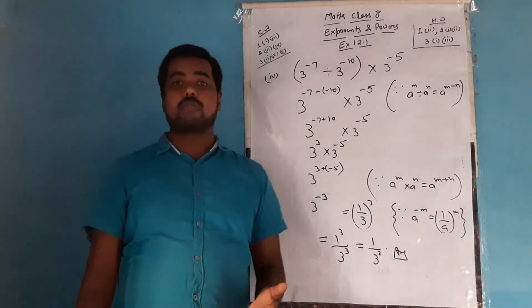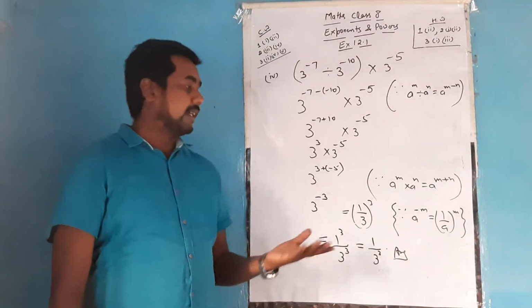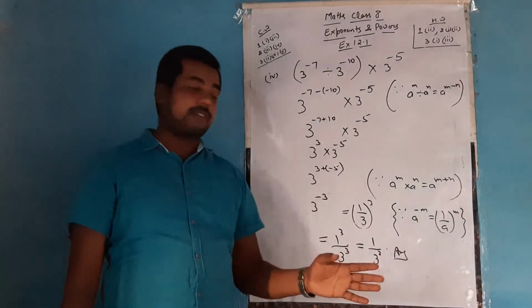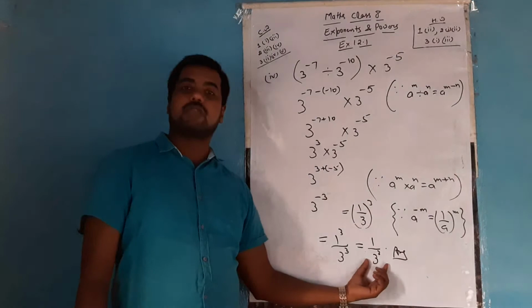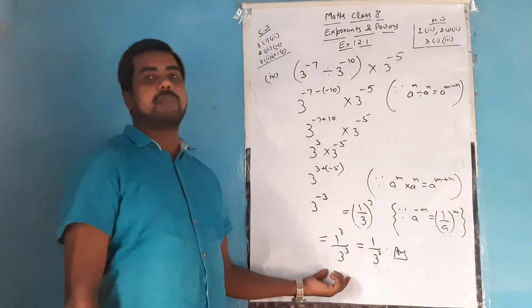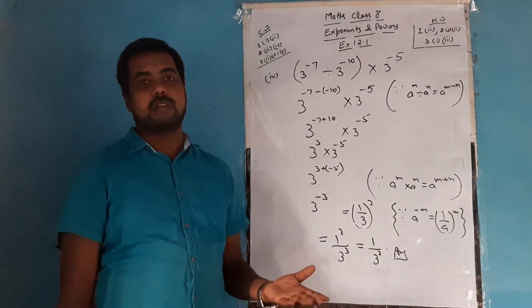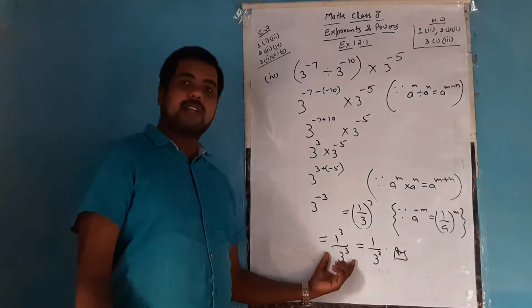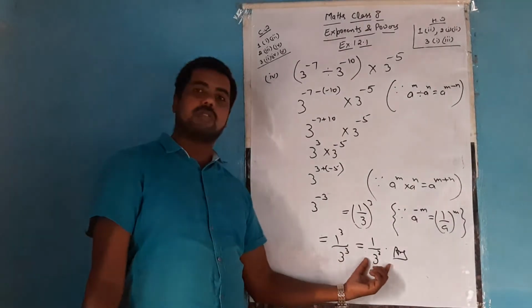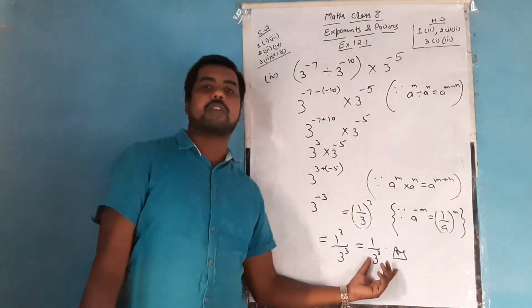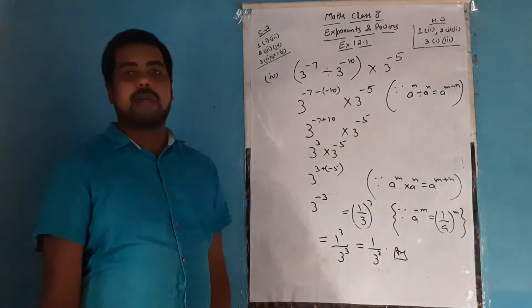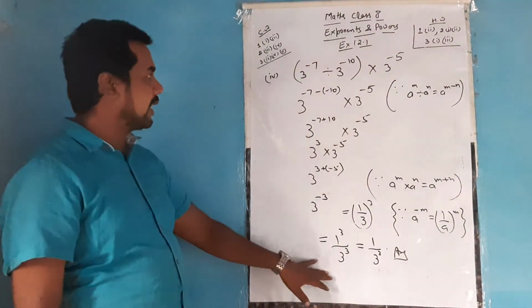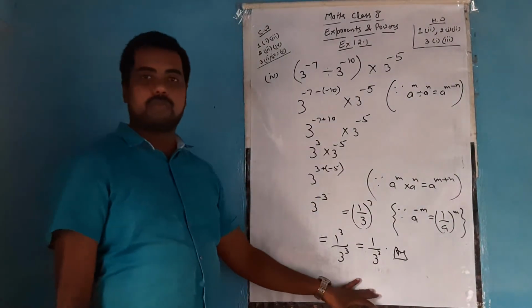According to the statement of the question, it was asked to write the answer in simplified form with positive exponent. So here this will be the final answer, or better, you may leave the answer here, wherever you are comfortable. But if you are reaching till here, it will take hardly 1 or 2 seconds to reach here also. So this will be a better answer to portray. So write the answer as 1 by 3 cube. So the final answer of this part will be 1 by 3 cube.